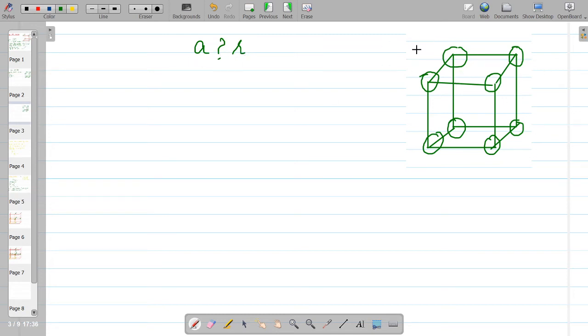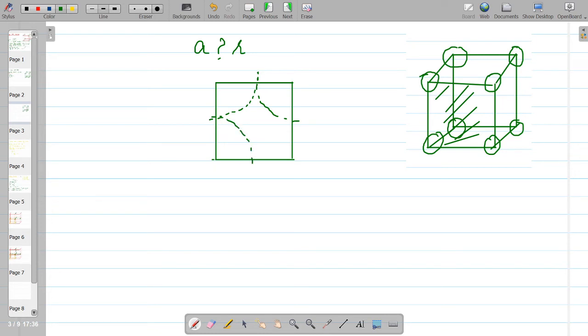For this you need not, मतलब ये diagram से आपको इतना clear नहीं होगा. Let me draw another diagram, or you can say the top view, that is the front view of this. If I draw the top view or the front view, I mean to say कोई भी एक plane का, मतलब कोई भी एक face का हमने अगर view देखना है, तो उसमें क्या होगा कि all the atoms are present at the corner. तो ये यहाँ पे होगा, ये यहाँ पे होगा corner पे, ये यहाँ पे होगा corner पे, and similarly there will be this at the fourth corner. ये आपके यहाँ पे ऐसे atoms हैं जो ये बाकी की contribution है, ये बाकी की contribution क्या है, किसी और cubic structure के साथ है.